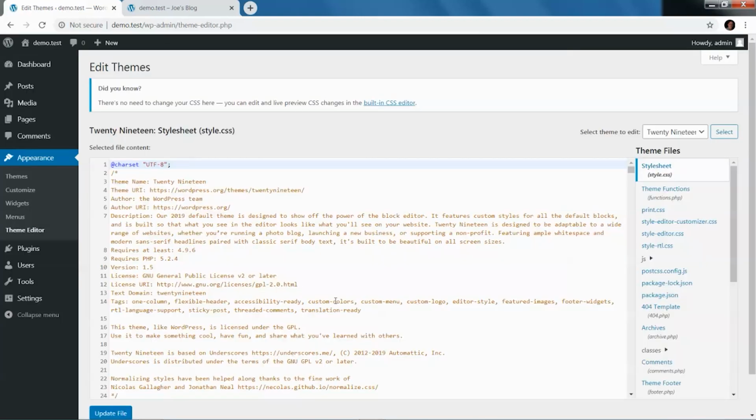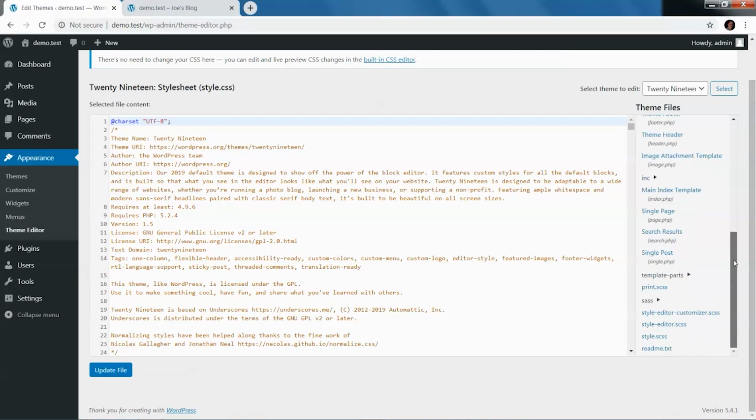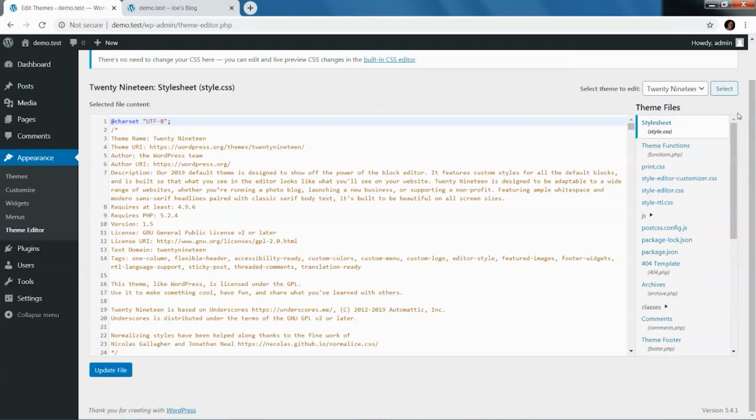So here is the theme editor. I recommend if you're new to WordPress, new to HTML, new to this whole world of website, do not touch the theme editor, because the theme editor can cause you to actually break your site if you're not exactly sure of what you're doing. And even if you are sure of what you're doing, I have broken many a site just trying to edit something because I thought, oh, I can just make the change right here on the server and not have to worry about going through all my change control and getting it published out.